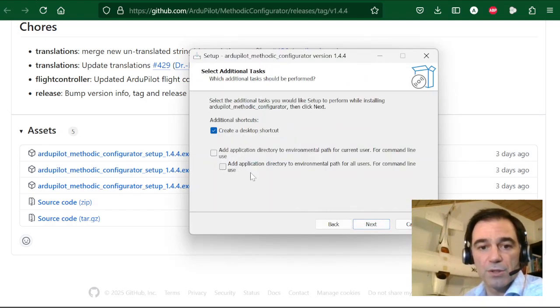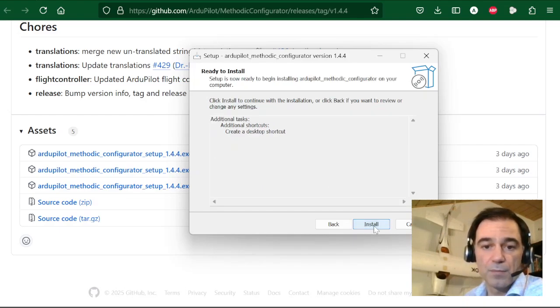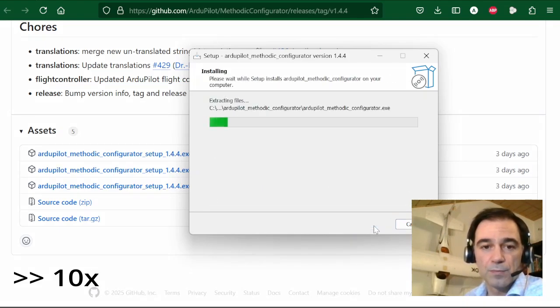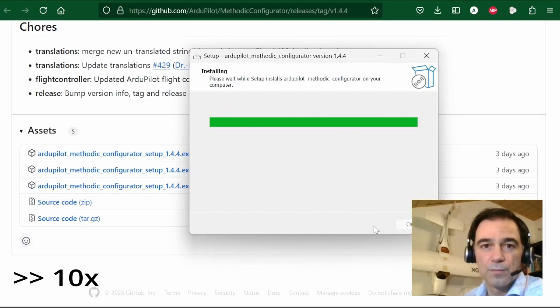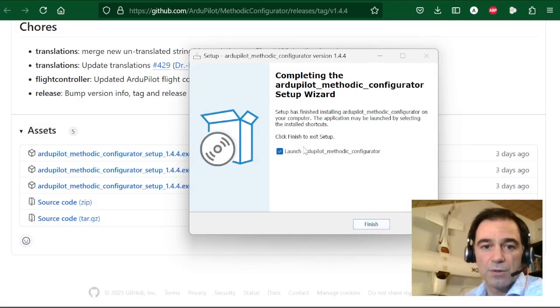These other two options are only for users that want to execute the Methodic Configurator from the command line. Most users don't need that, so leave them empty. Select Next, Install. We don't want to launch it right now, so you can deselect that.